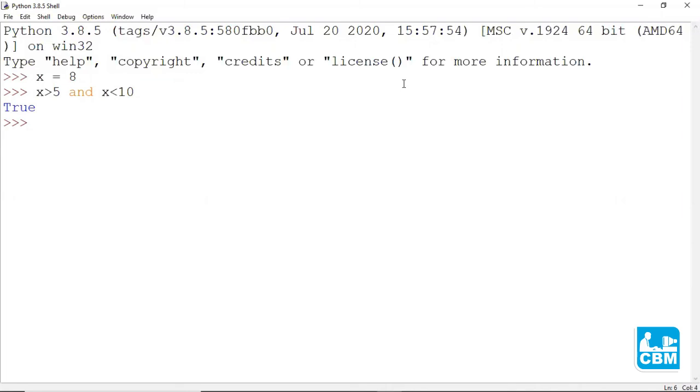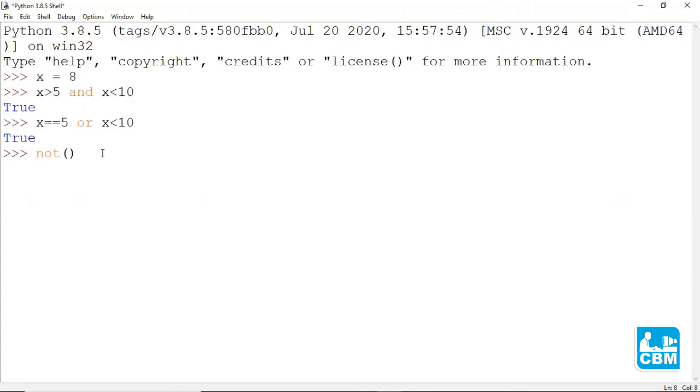Now let's try the OR logical operator. X equal to 5 or x less than 10. The OR operator returns true if one of the statements is correct. Now let's try the not logical operator.